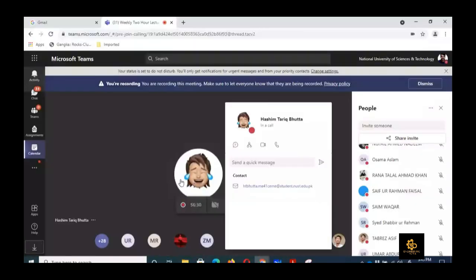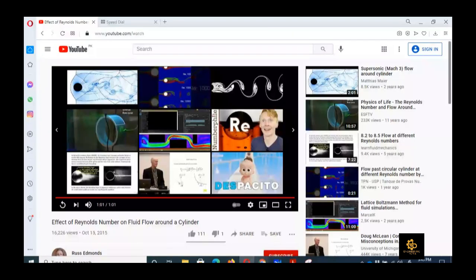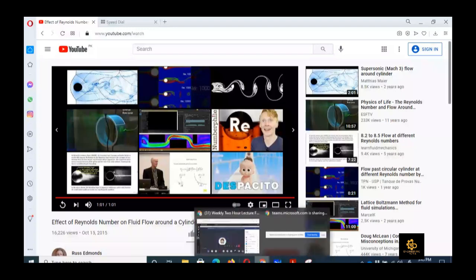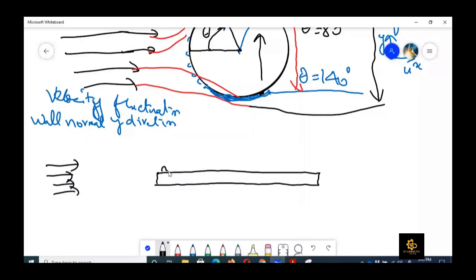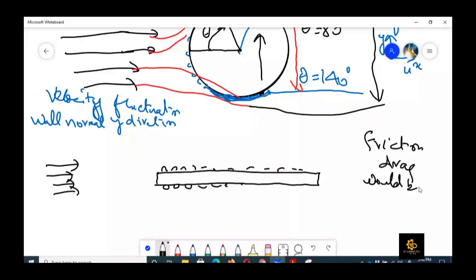Okay, so now let's consider if we put dimples on a flat plate, like a kind of surface roughness, whether it would give us any advantage. No, because when we put roughness here, it would increase the friction drag. Friction drag would be more due to surface roughness. But because the pressure drag is already less in streamlined bodies, we don't put any surface roughness